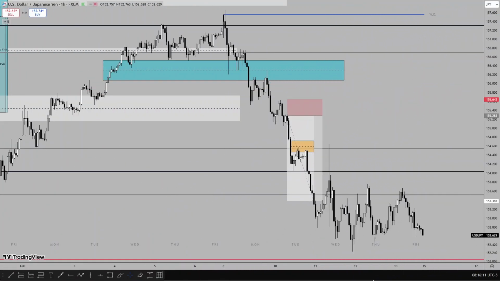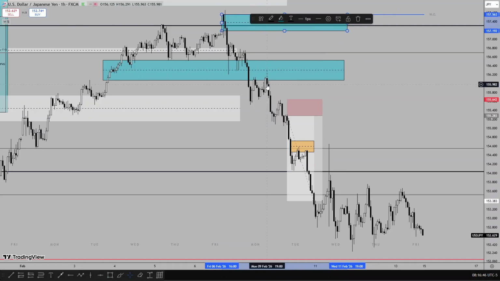On the 1 hour on USD JPY, from the opening price, price traded lower. Now, looking at this price action on Monday, when price retraced to the daily fair value gap, I didn't take advantage of any setup because before the London session on Monday, price was already at the daily fair value gap, and I was looking at price using the new week opening gap as a resistance area to trade lower.